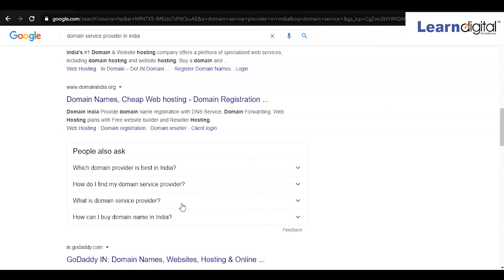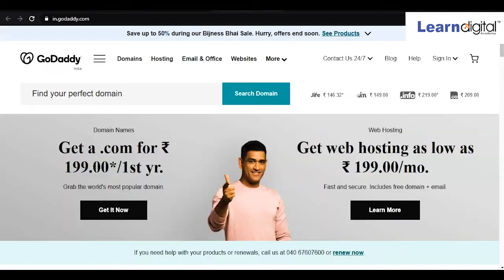For example, GoDaddy. GoDaddy is the famous one, a branded company, and somewhere we have seen this company's advertisement as well.